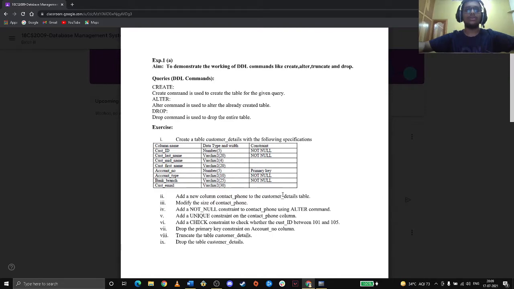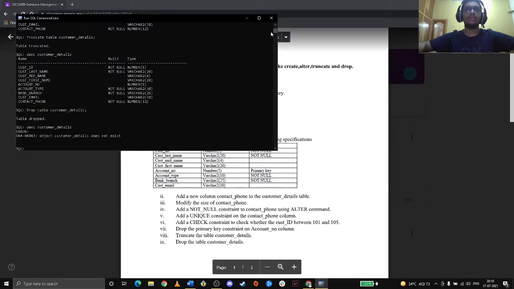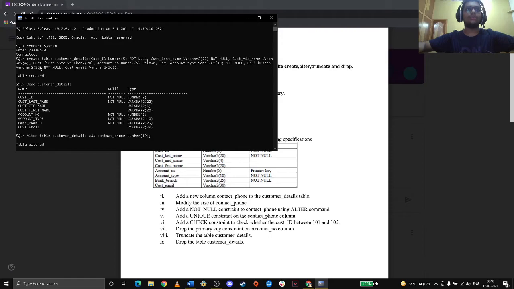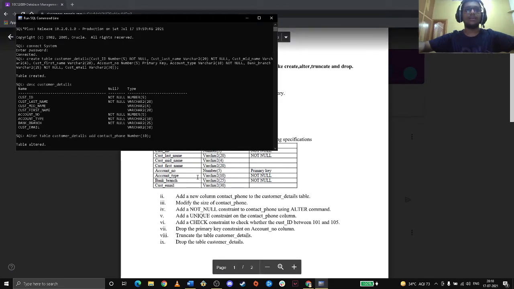So how to do this? We'll go to the SQL command line and we'll make this. So we have created this table. How can we create this table?